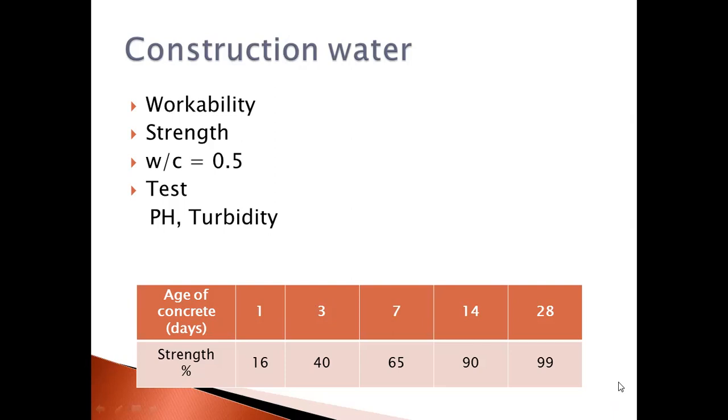That is why at a minimum you should cure it for 7 days, so that we can get the strength of 65%, which is nothing but two-thirds of the strength of the concrete, attained in 7 days. So whatever you do, whether mortar, plaster, PCC or RCC, make sure you cure it for at least the first 7 days.